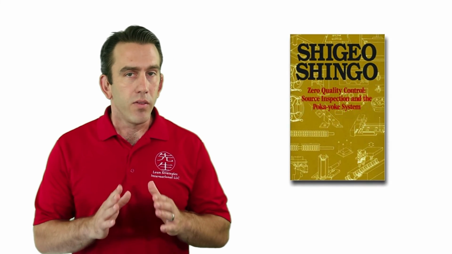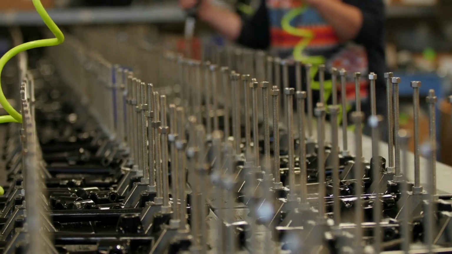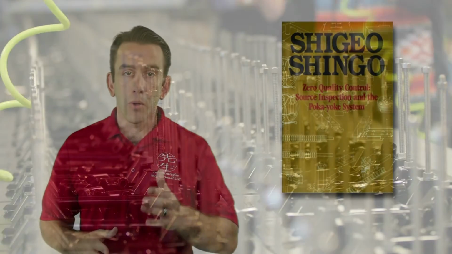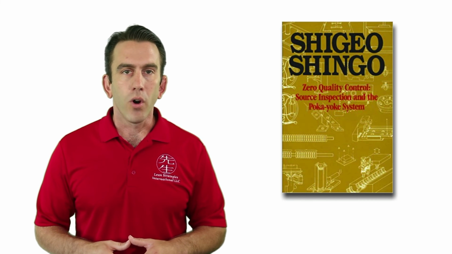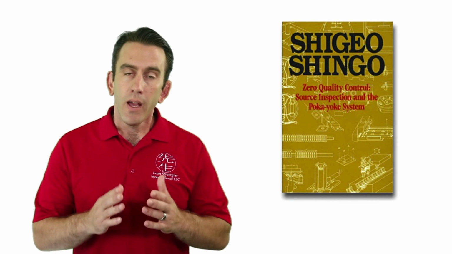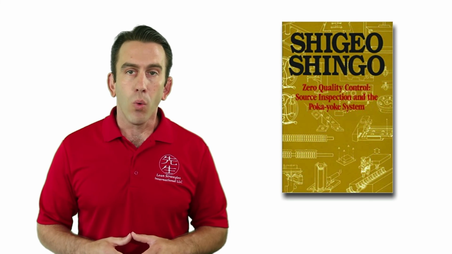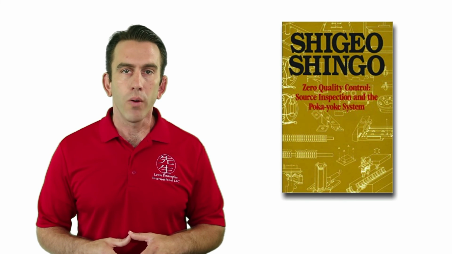Another very effective example that Dr. Shingo shares in his book, Zero Quality Control, Source Inspection, and the Poka-yoke Method, is the example of a device that feeds washers into the machine. The workers struggled with installation of washers and oftentimes omitted or doubled up on washers, which caused problems. In the book, Shingo describes a device that feeds washers onto a platform where they can be picked up and installed. If another washer is triggered before a washer is installed, it forces the washer onto a catch tray so that the operator can only install one washer.